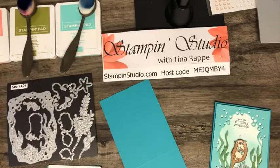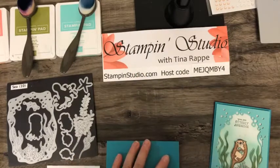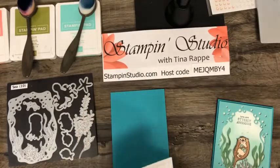I always think I have everything right in front of me that I need, but inevitably, I don't have something. All right, so let's line that up, fold this nice and crisply. Okay, that's the card base. Then I have